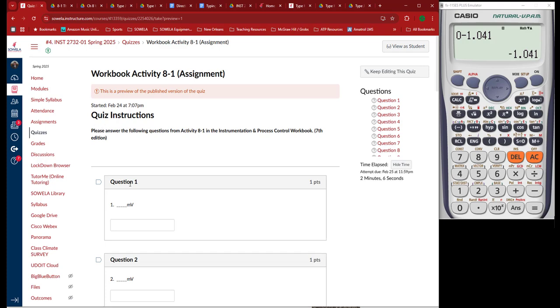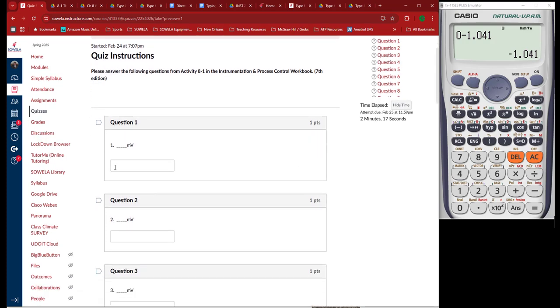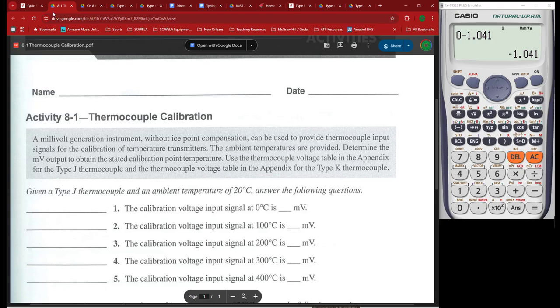Now, Canvas calls anything that you do electronically on their platform a quiz, but this is not really a quiz, it's homework. So we look at number 1 here. This is where we're going to just type our answer, and this is a numerical answer only. And if we look at the assignment, it says